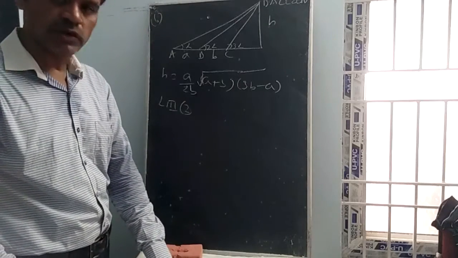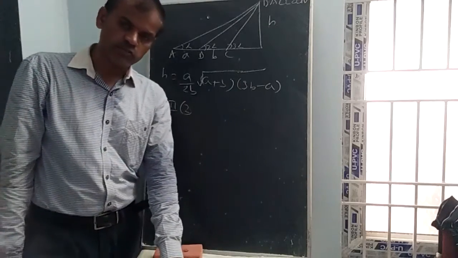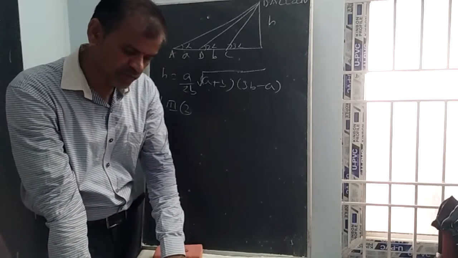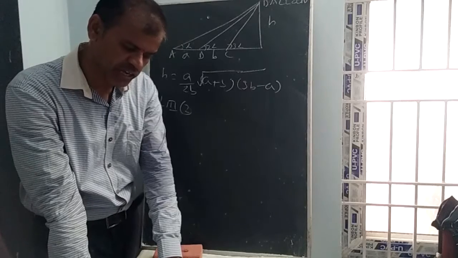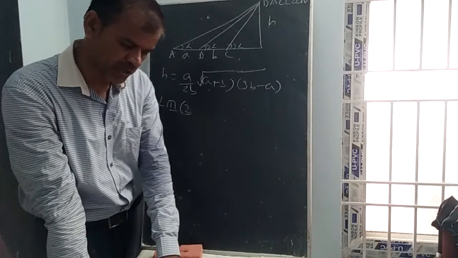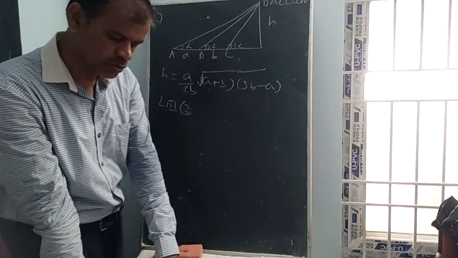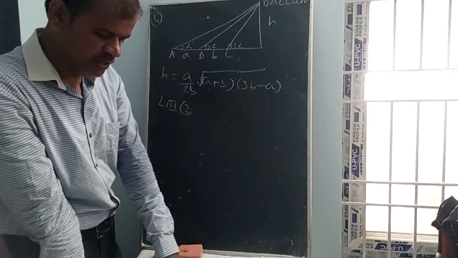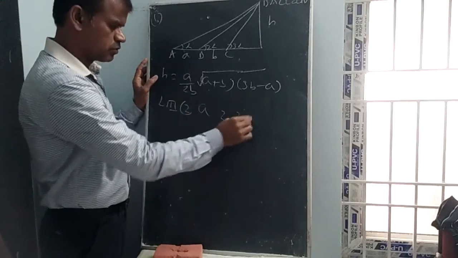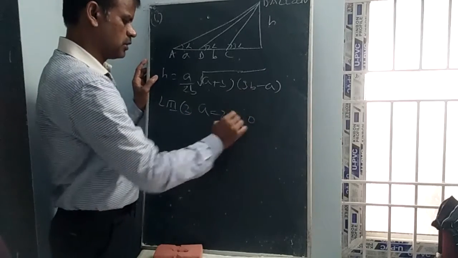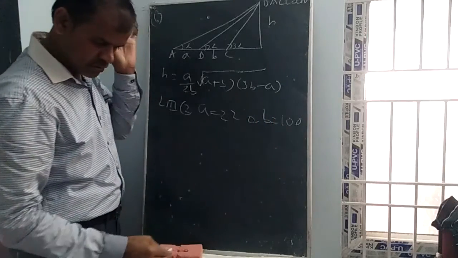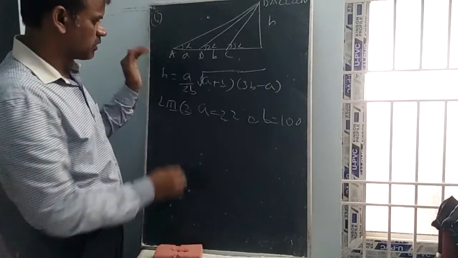A balloon is observed simultaneously from 3 points A, B, C due west of its horizontal line, passing directly beneath it. If the angles of elevation at B and C are respectively twice and thrice that at A, AB equal to 220, BC equal to 100, find the height of the balloon. Simply, in level 3 directly I am writing a is equal to 220 and b is equal to 100. That's all. You should calculate the height of the balloon.